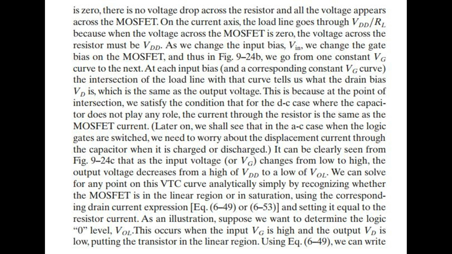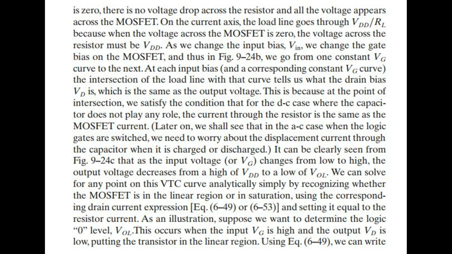It can be clearly seen from Fig 9.24c that as the input voltage, or VG, changes from low to high, the output voltage decreases from a high of VDD to a low of VOL. We can solve for any point on this VTC curve analytically simply by recognizing whether the MOSFET is in the linear region or in saturation, using the corresponding drain current expression, Eq 6.49 or 6.53,